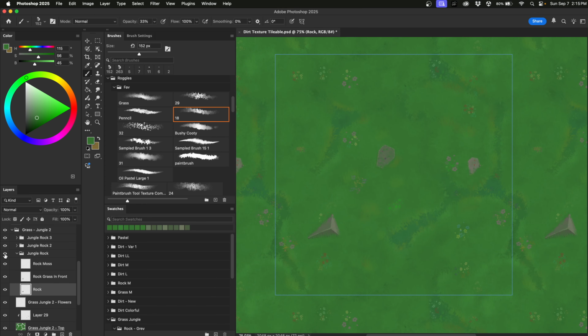So when I was pretty much done and I imported it into Unity to see how it looked, I could easily see how it tiled because the rocks just stood out too much. The color of the rocks was too different from the grass, and I could just see where it tiled. So to fix that, I've added a clipping mask on top of the rock layer,